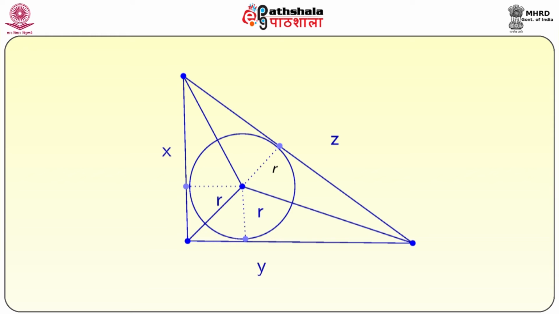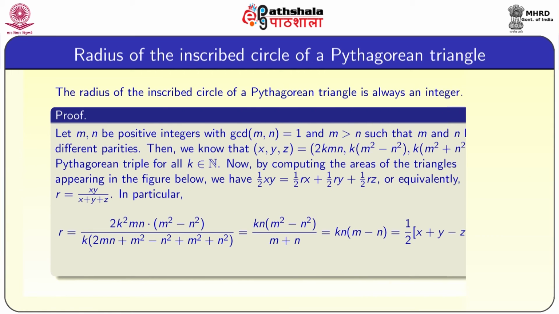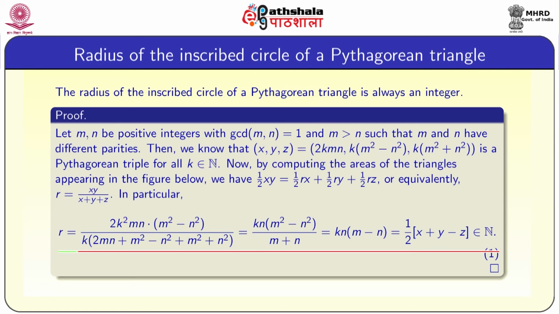of the inscribed circle. So, now again we will go back to the previous slide, that is we see that half into xy is equal to half into rx plus half into ry plus half into rz. That is, we divide the triangle into 3 more triangles and we are equating the areas. So, we got this. So, r is equal to xy by x plus y plus z. In particular,